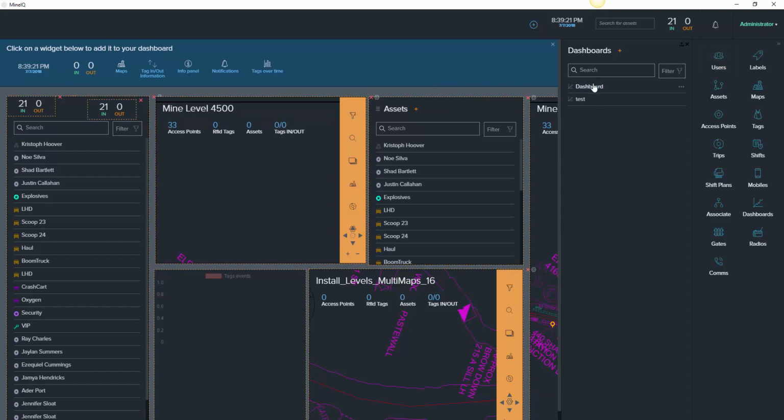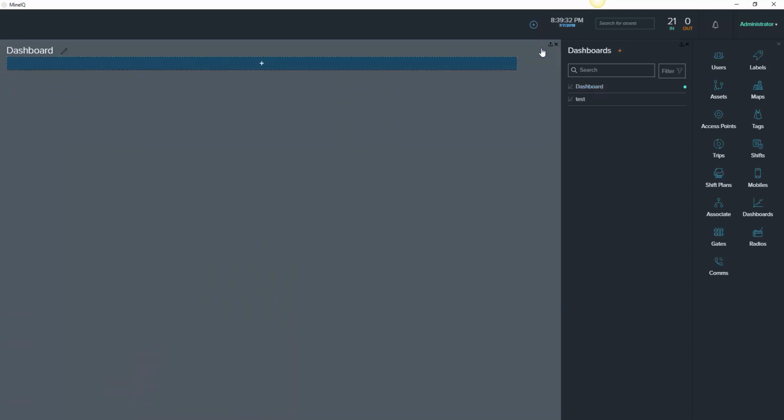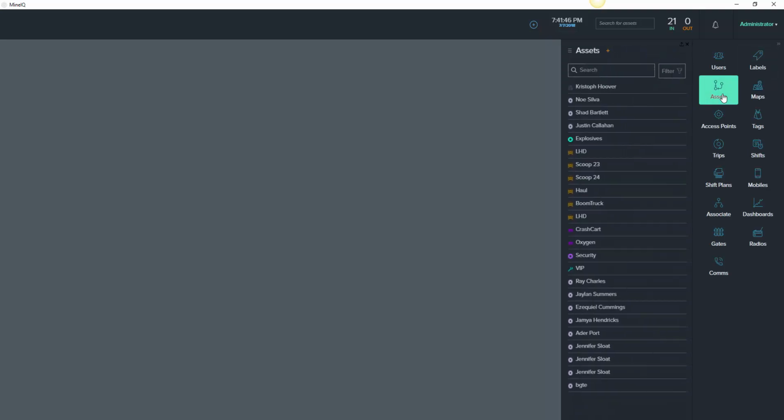And the great thing about our dashboarding is that if you like a dashboard and you think others would like it as well, you can share your dashboard publicly, and that becomes a really easy way for them to see what you're seeing or be able to see what they want to see. I'm going to go back to the assets now because I do want to keep this sort of short,